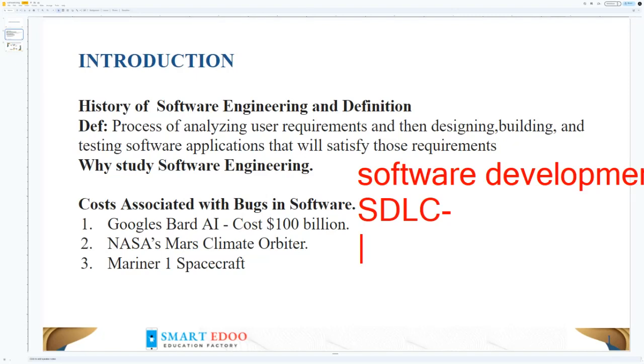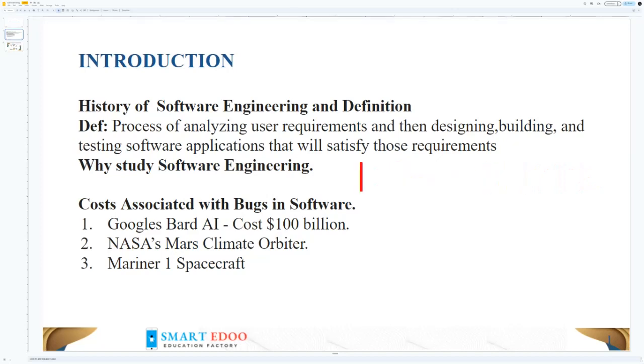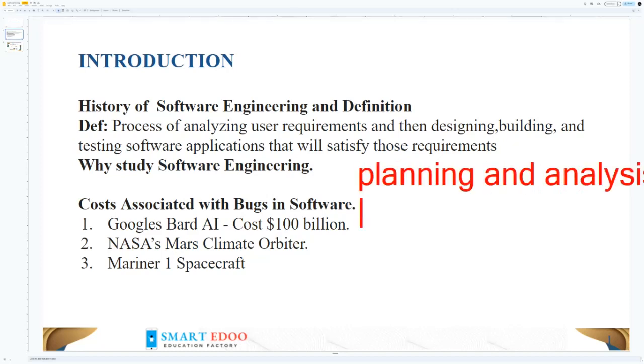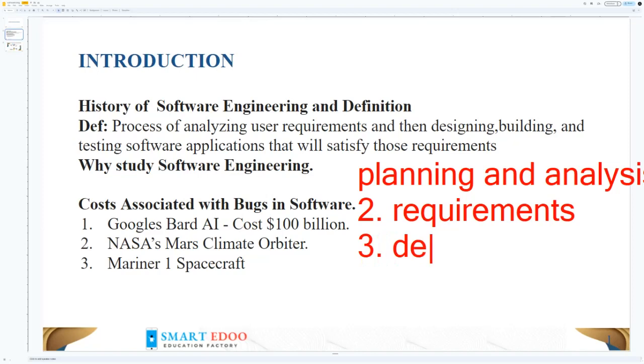The first is what we call planning and analysis. Then the second, we have requirements gathering. Then three, we have what we call design.